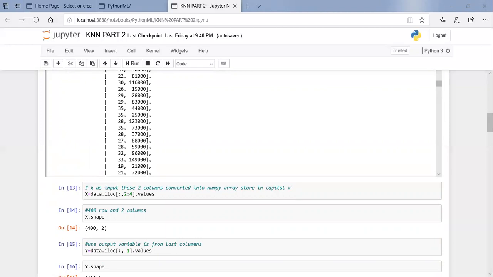X and Y are the two objects we create here for calculating the values. X equals data.iloc[:, 2:4].values. Next, dot shape gives us the number of rows and number of columns. In our dataset there are 400 rows and 2 columns.